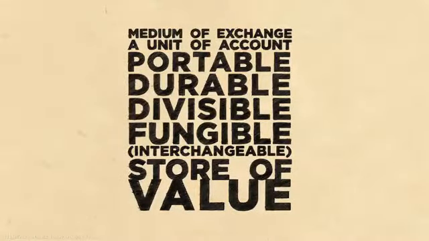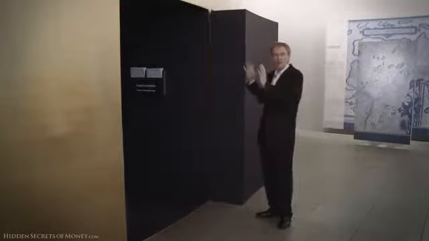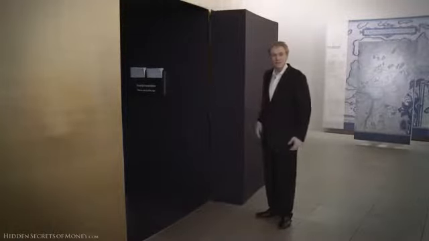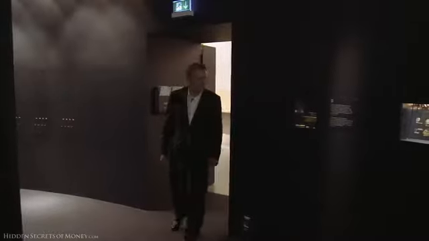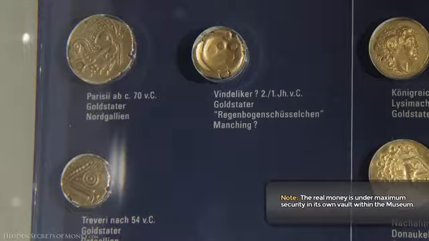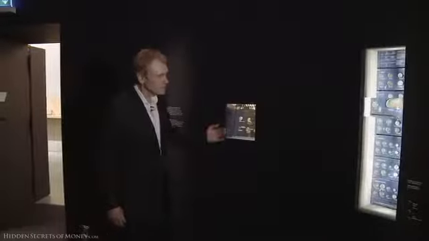So, now we get to the room of real money. This is a vault door, and this is where they've got all the great examples of the real gold and silver coins. So come on in and join me. So here we get to the first, this is gold and silver, what they're using to make money, and here we have some very early representations of gold and silver coins.